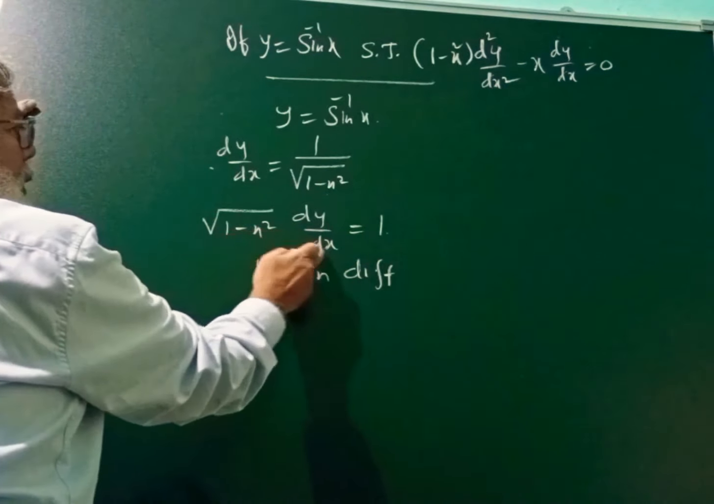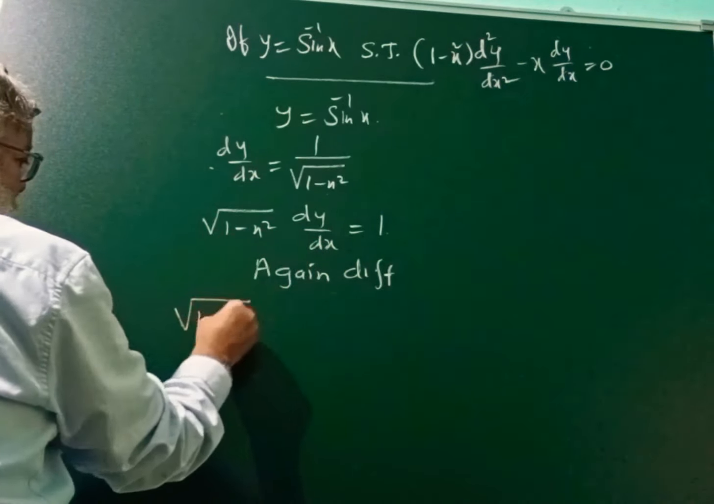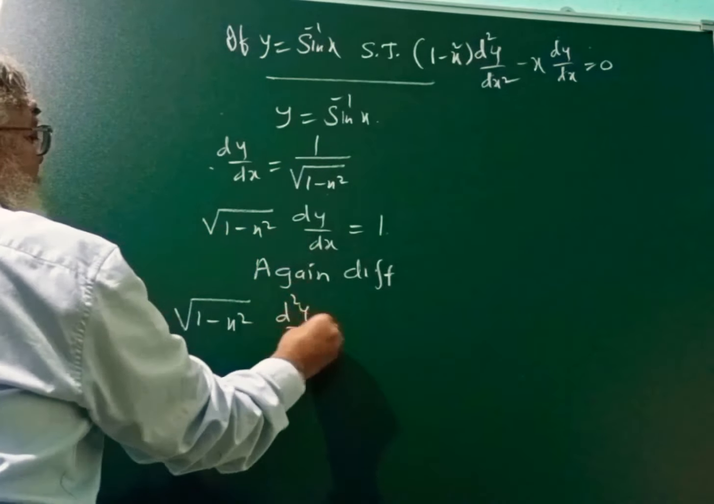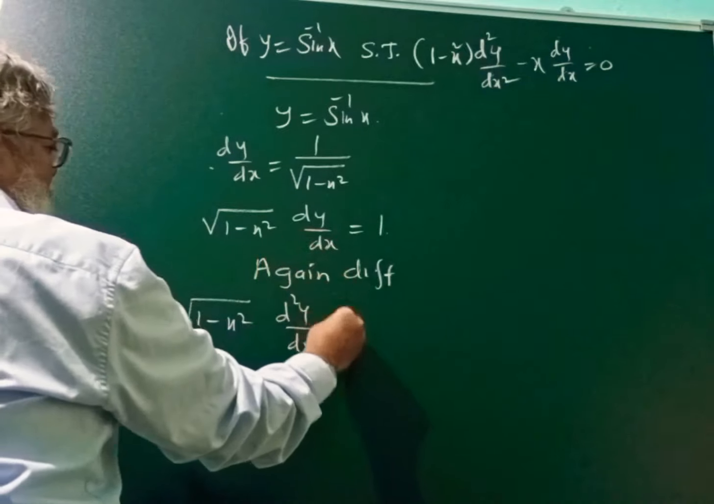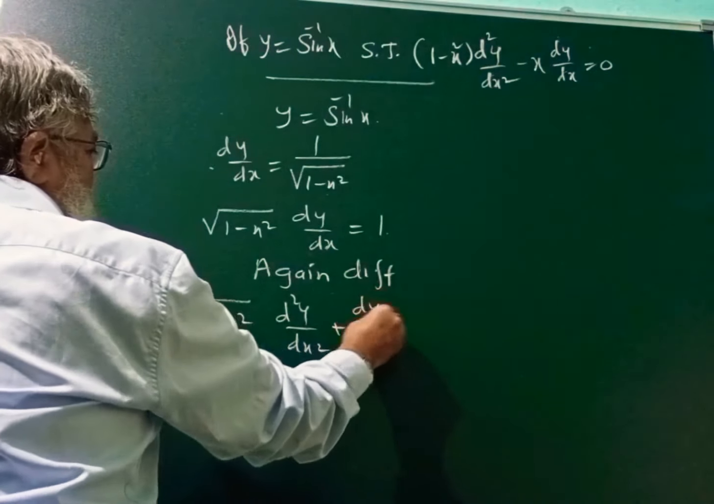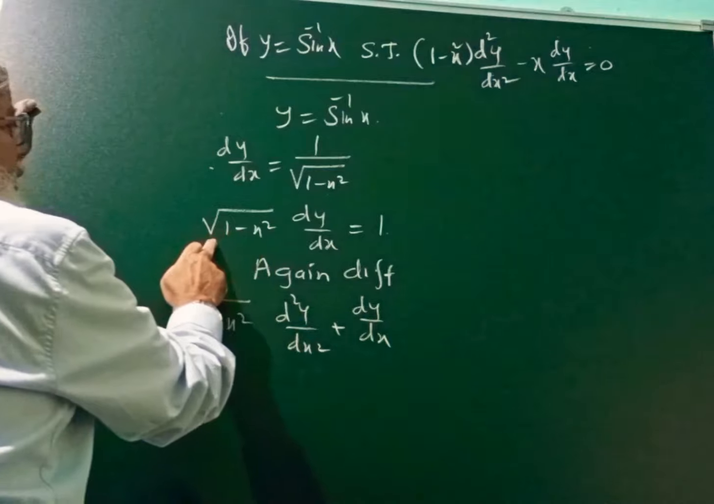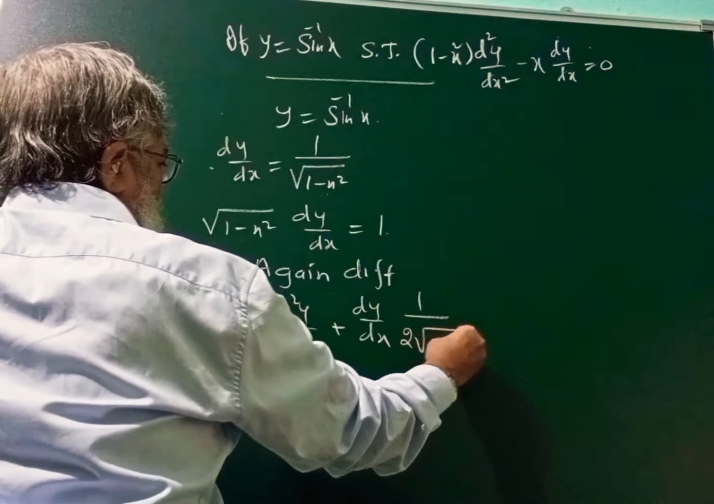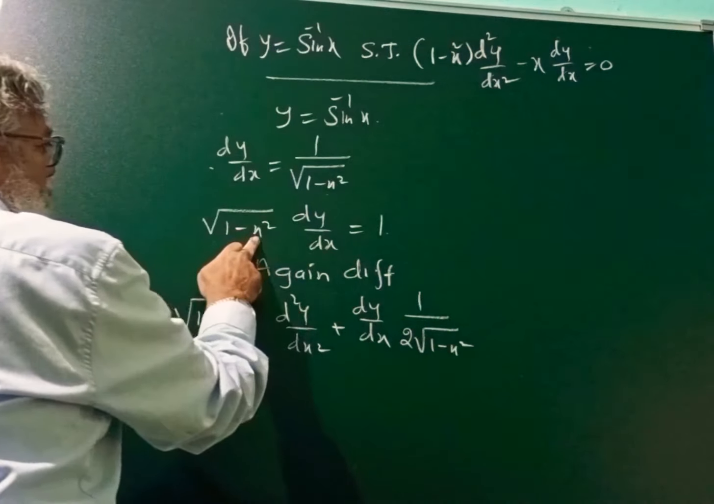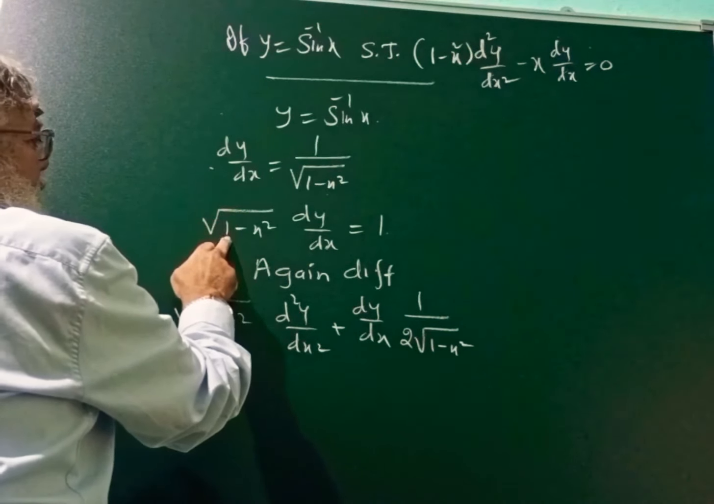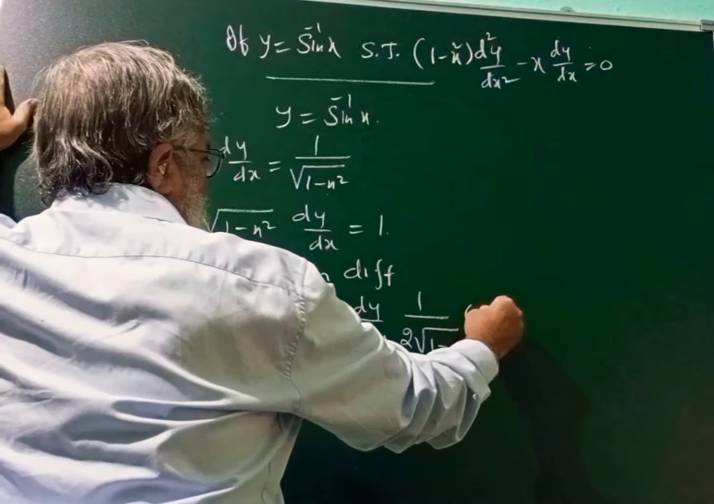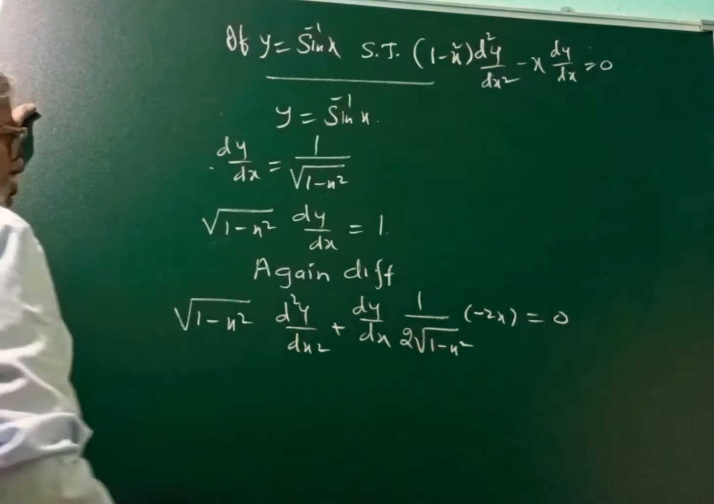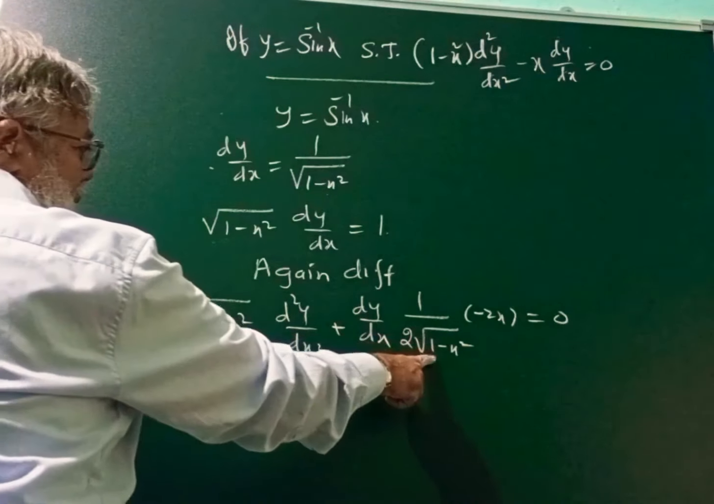We have to apply the product rule here. First function as it is, differentiation of dy by dx, that is d square y by dx square, plus second function as it is, differentiation of first function. Differentiation of root is 1 by under root 1 minus x square, into the quantity under root differentiation: differentiation of 1 is 0, it is minus 2x, is equal to differentiation of 1, which is 0. Now, what we do is we multiply by